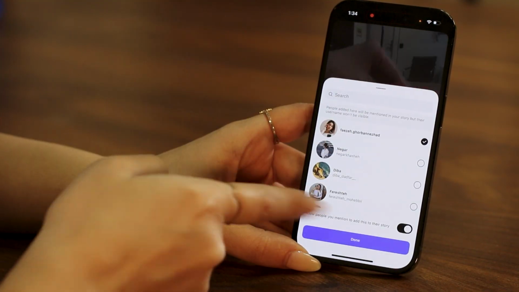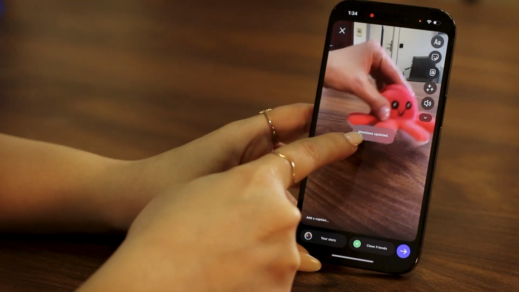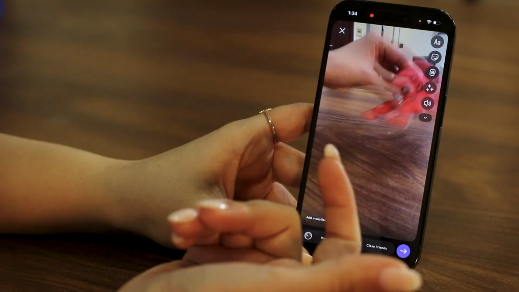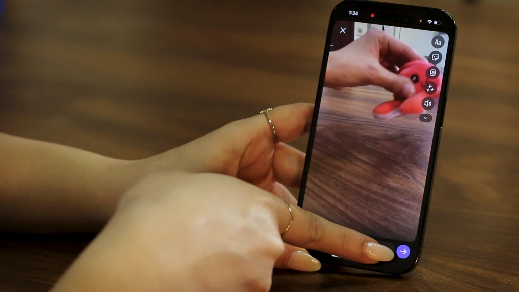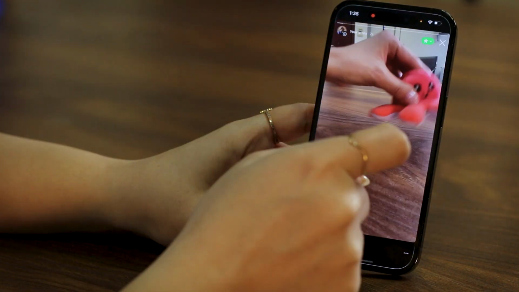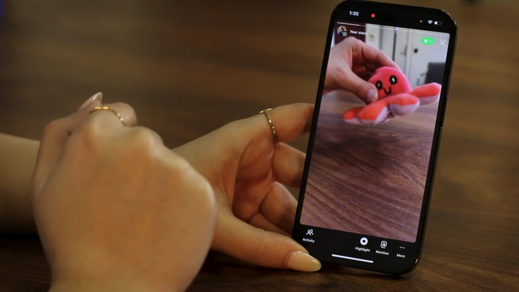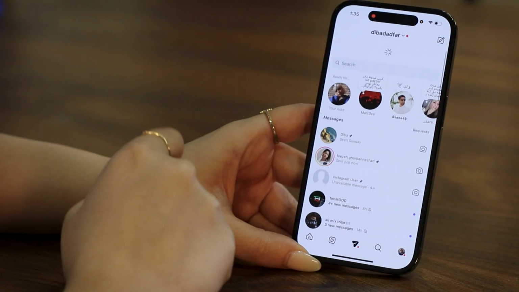Tap done and tap done one more time. As you can see, it says mentions updated and it doesn't show on your story anymore. But let's say I actually post the story. Once it is uploaded, now it is uploaded and in my direct messages,